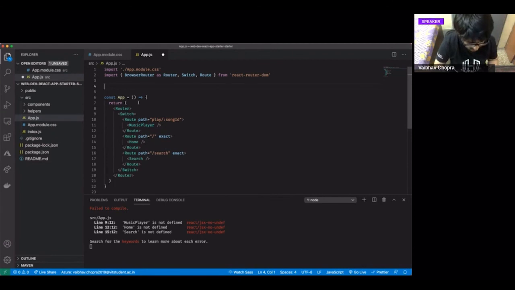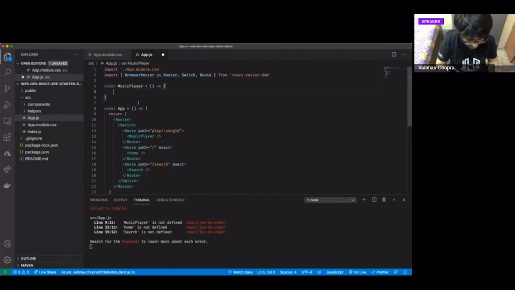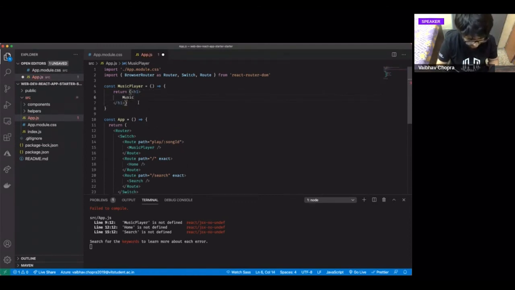So let's make this music player component just like we make the app component. You just define a function, you make an arrow syntax, you return something, and that return could be anything. Let's make this the music player. Just for our clarity, we can write this is the music player component.